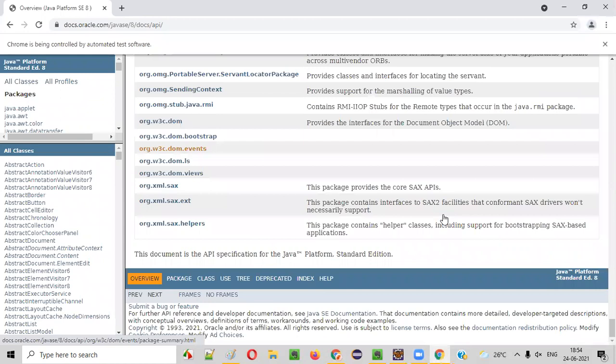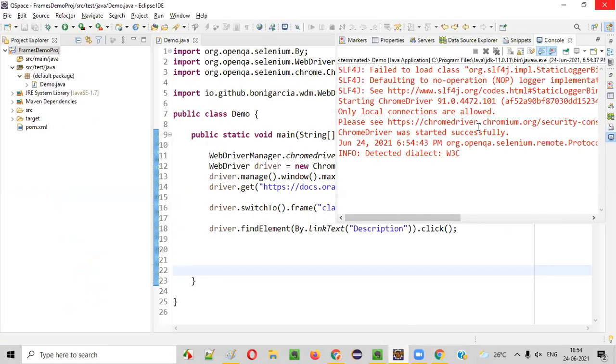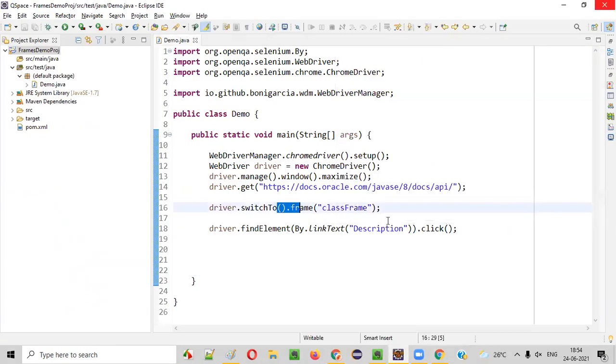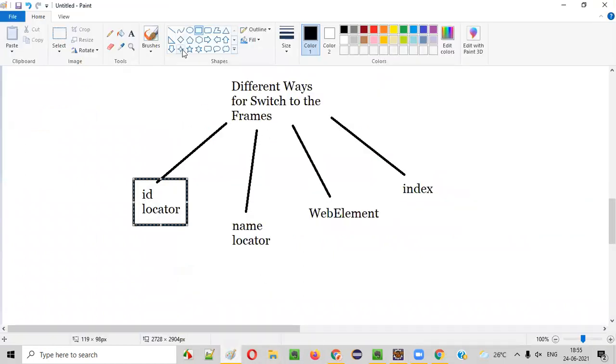So if the operation is successful, we'll go to the bottom of the page. You see, we went to the bottom of the page because the description link got clicked. Here, you didn't get any exception. That means it worked fine. You were able to switch to the frame using the name attribute value. The second way of switching to the frame is demonstrated already now. Either using the ID attribute value or name attribute value, we can switch to the frames and perform the operations on the elements.